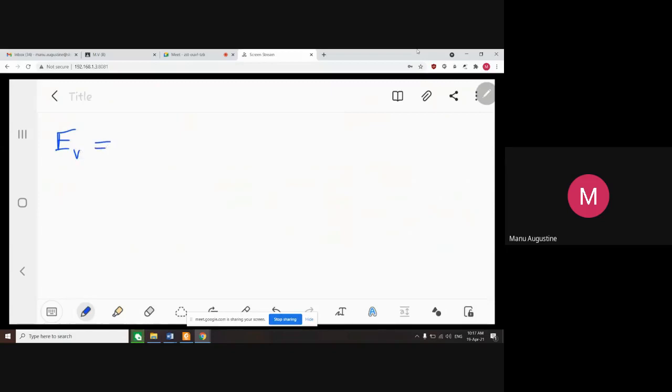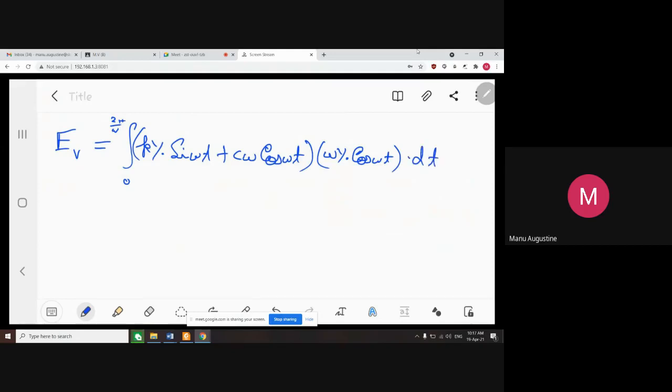And this is given by the expression integral 0 to 2 pi by omega of kY sin omega t plus c omega Y cos omega t multiplied by omega Y cos omega t dt. So you first of all multiply this with the two terms that are inside the first bracket. So we get